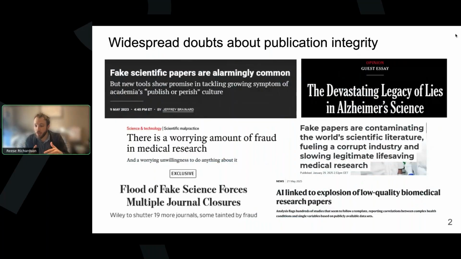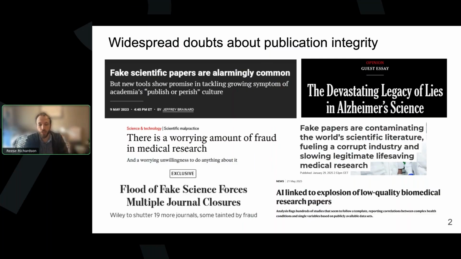So first of all, you've seen a lot of news recently about breaches of research integrity. We heard about these sorts of things happening in health from Jack. There's also been an explosion of problematic research related to computer science and material science. There's lots of fraud in research analyzing large public health data sets as well. And in fact, a lot of this fraud is